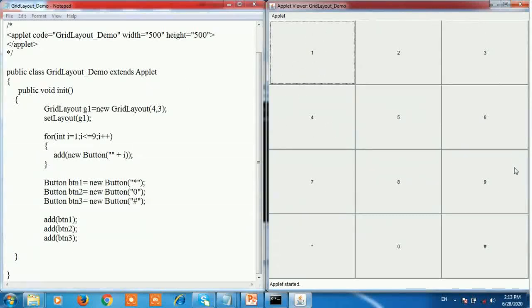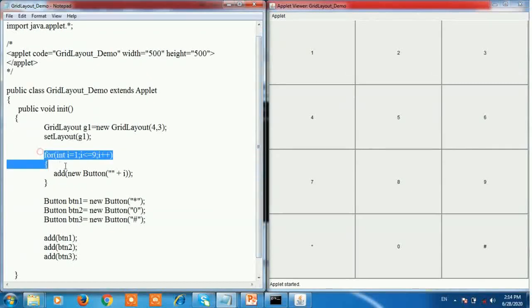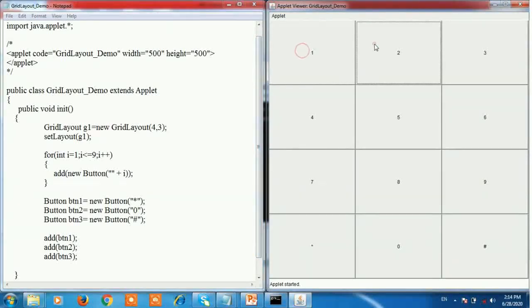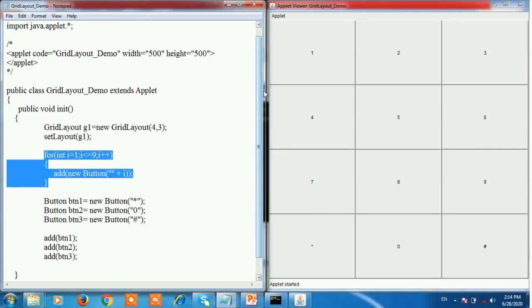This is the grid. It is nothing but the columns and rows. Here in the program we use the for loop. So by default values 1 to 9 are assigned to the buttons. These are the buttons 1, 2, 3, 4, 5, 6, 7, 8, 9, 10, 11, 12. 12 buttons are there. In the for loop buttons 1 to 9 are displayed,